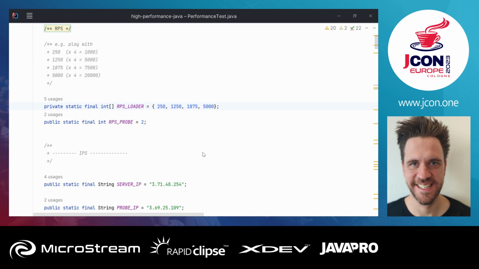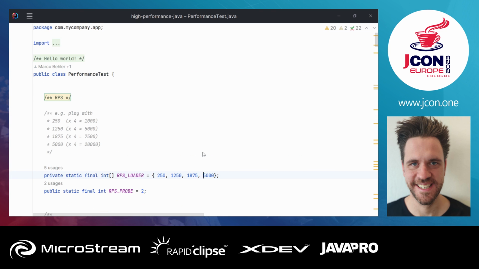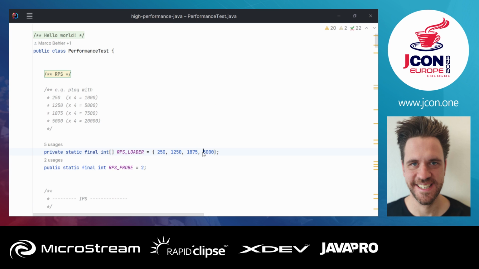All right, that's what the class does. I'll spare you all the details about that, but you can check out and clone the code later on once you leave the presentation and run it against your own projects. That will actually work. Okay, so now while these load tests are running,